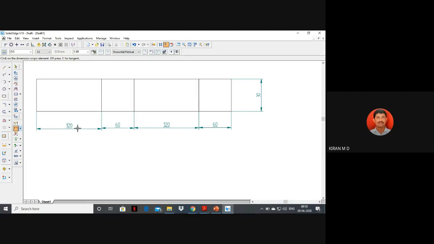Okay, is it clear? This is theta lift 120 degree, theta d1 60 degree, return 120 degree, again theta d2 is 60 degree. Is it clear? Yes, sir. Okay, so now once you have divided that,